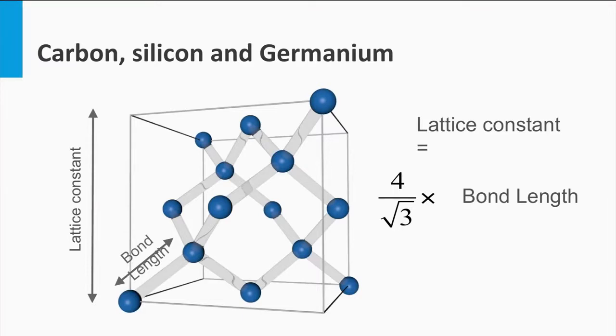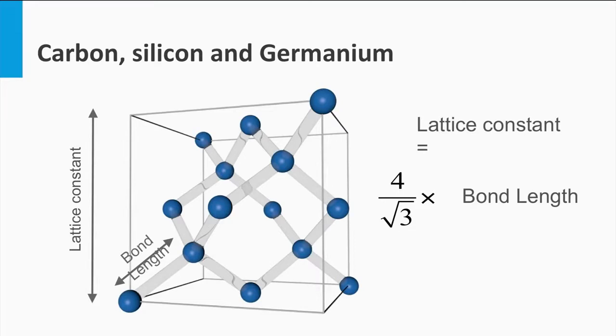What is the relation of the lattice constant and the bond length for a diamond cubic crystalline lattice? In this figure, the unit cell of a diamond cubic crystalline lattice is shown. The edge length of this cube is equal to the lattice constant. In a diamond crystalline lattice, the lattice constant equals 4 times the silicon-silicon bond length divided by the square root